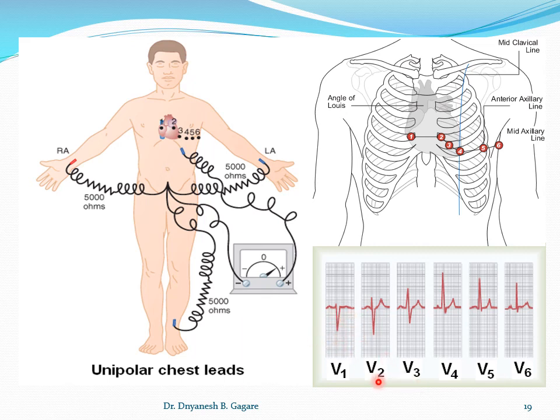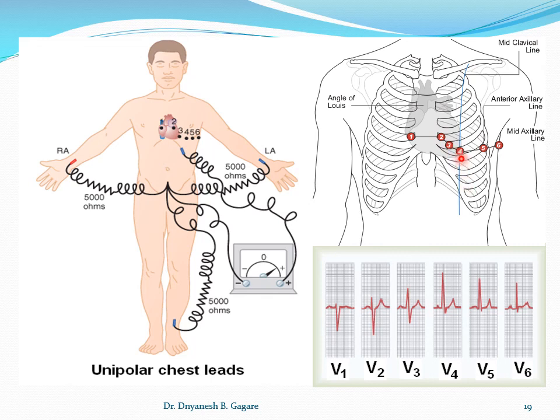Okay, we get this type of the ECG. Okay, then when you have to record the ECG under V2, then put the exploring electrode to the left side, and it's the left fourth intercostal space to the side of sternum. Okay, then V3, the position of exploring electrode, it is in between V2 and V4. Okay, so this is the position of V3. V3 का position किधर है? Between the V2 and V4.